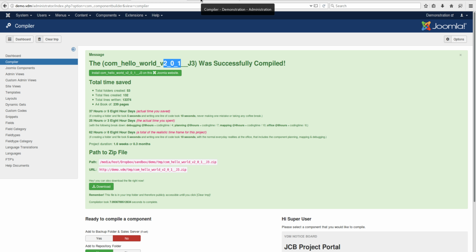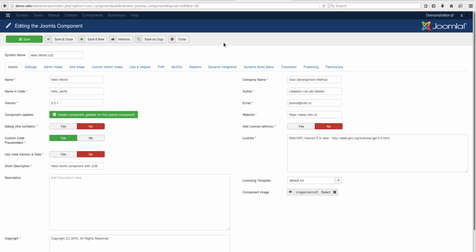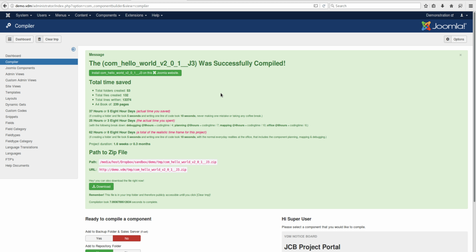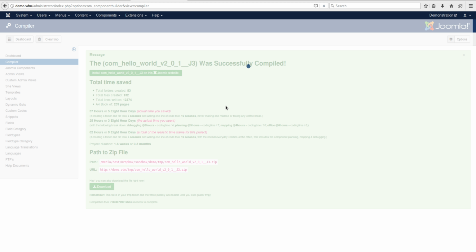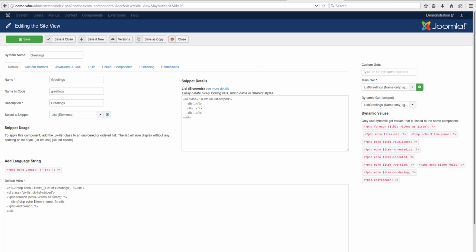And if we go, without installing, to the component, you'll see that it hasn't actually updated the view because this was open. So before doing anything, I would suggest reopening the view, basically refresh the page, so that the changes are also shown. So now we can go back and simply install the new changes, and if we go to a hello world,